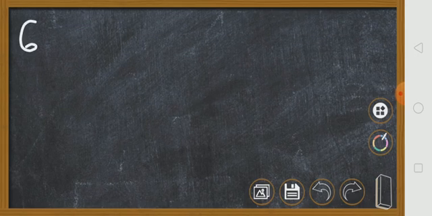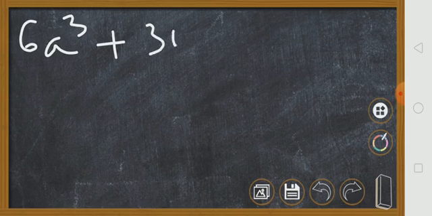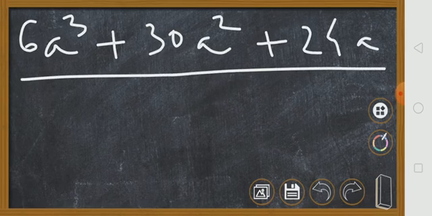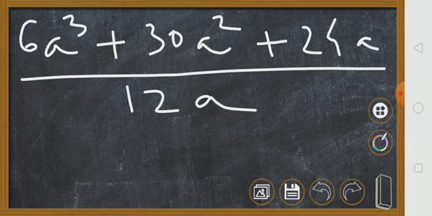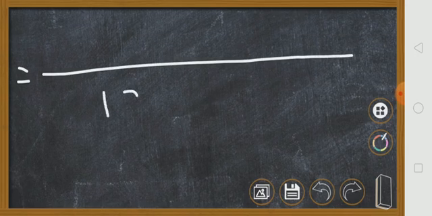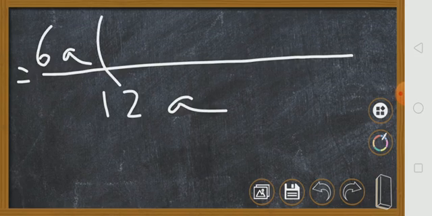Let's say you have 6a power 3 plus 30a power 2 plus 24a, and you have to divide it by, let's say, 12a. So how can you do it? In the next step, you will take common. Down is 12a. In the numerator you will take 6a common. So what will you have inside? A power 2 plus